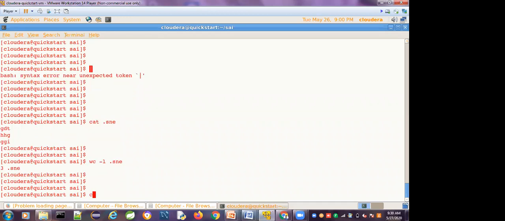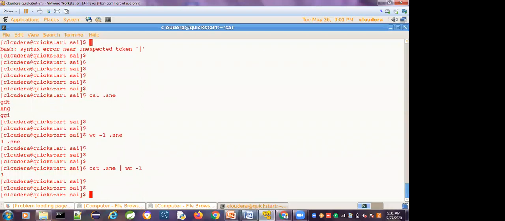wc -l file name. Instead of that, I will open the file .sne with cat. Once you open the file, I want to find how many lines are there. See here, cat .sne, the file is open.